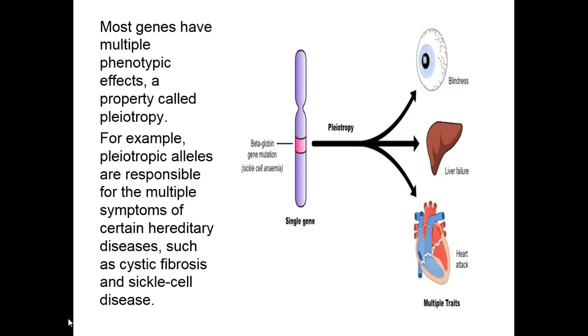Cystic fibrosis is a disease where mucus builds up in the GI tract and also the lungs and makes it difficult to breathe, and you also have digestive issues. So this unfortunately can lead to respiratory problems and digestive problems,